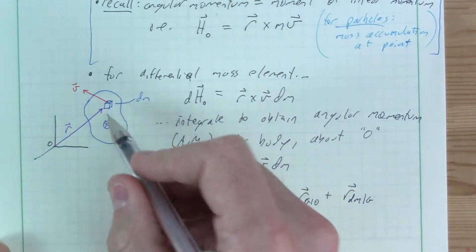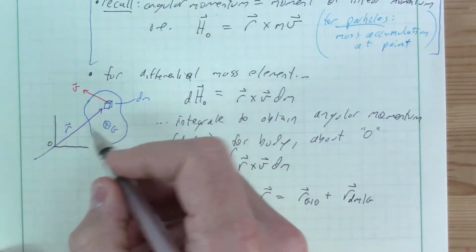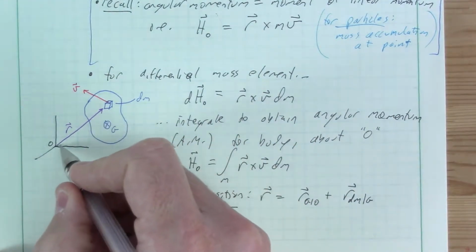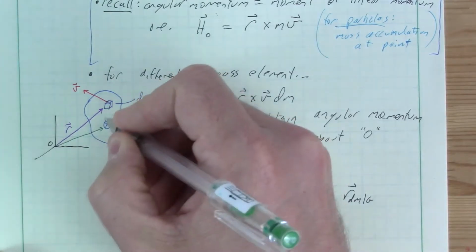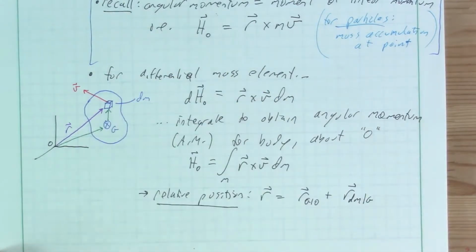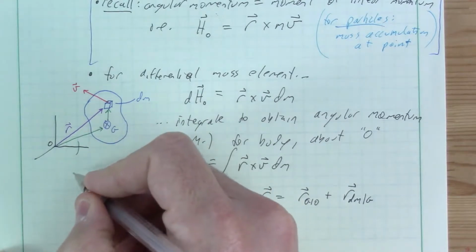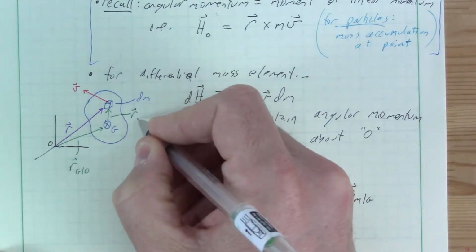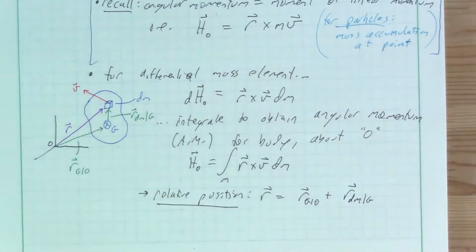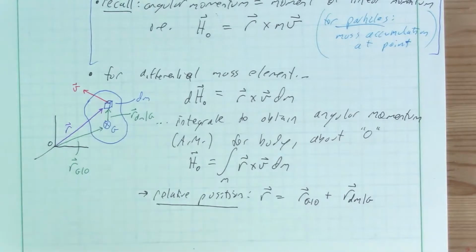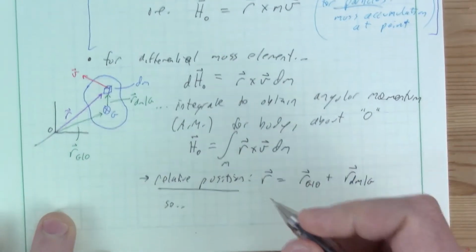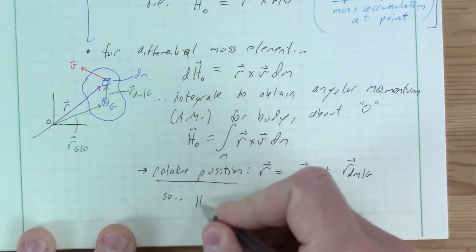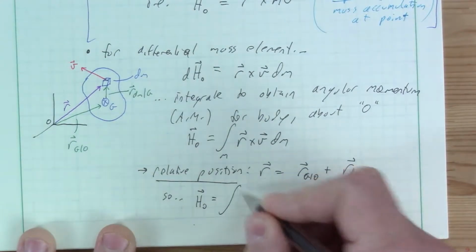We could either go directly to dm from the origin, or we could go from here to the center of mass, and then from there to dm. So this here is r G from O, and this is the position vector to dm from G. I'm just labeling dm as our current one. Remember, we're accumulating all of these over the entire object. Okay, so that means that now we have our total angular momentum, H naught, is